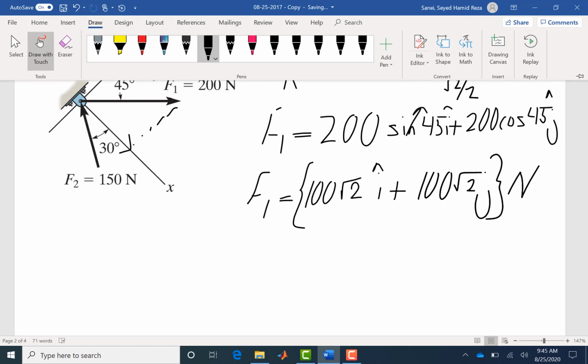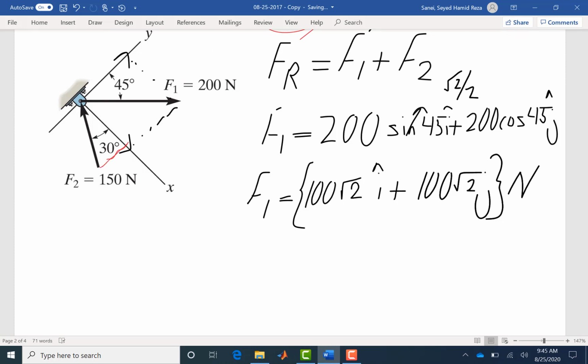Let me use another color for F2. Here it has two components. You can see the component in the x direction would be the opposite direction of x, and it has one component in y. The component in y would be positive, or positive y. So that's very important to note. F2, what is the magnitude? 150. I'm talking about the x direction, which is negative. So negative 150